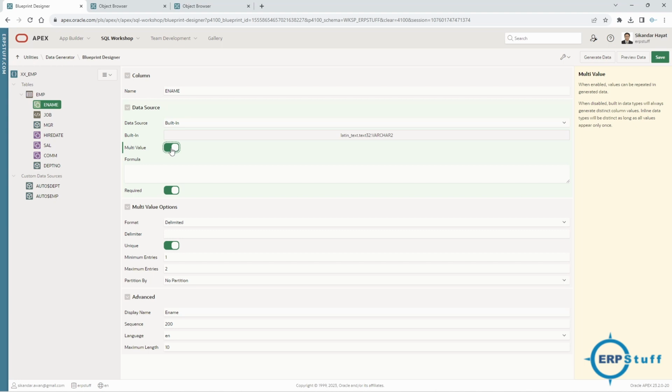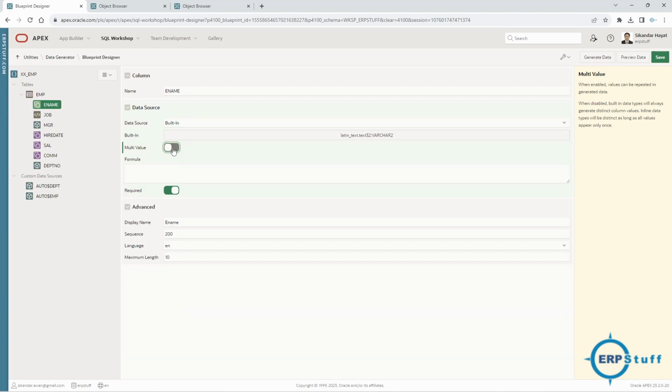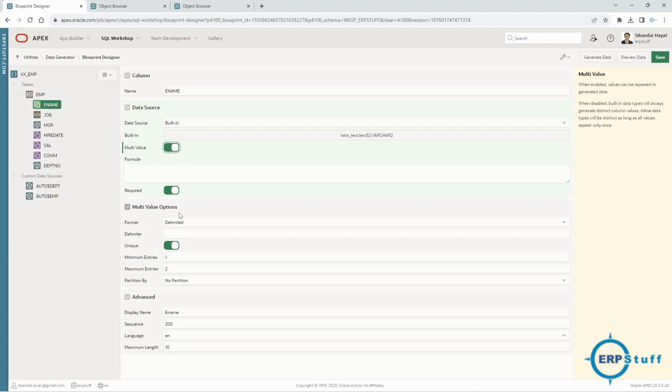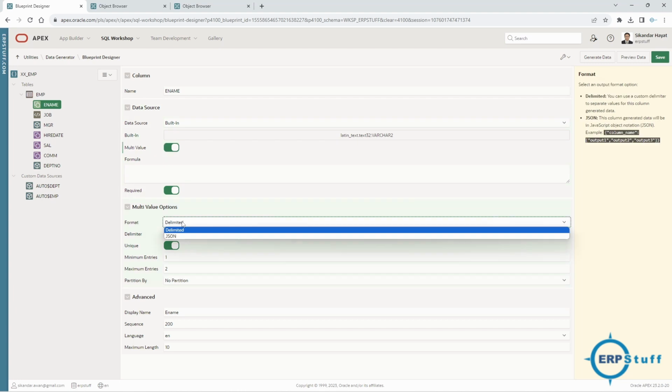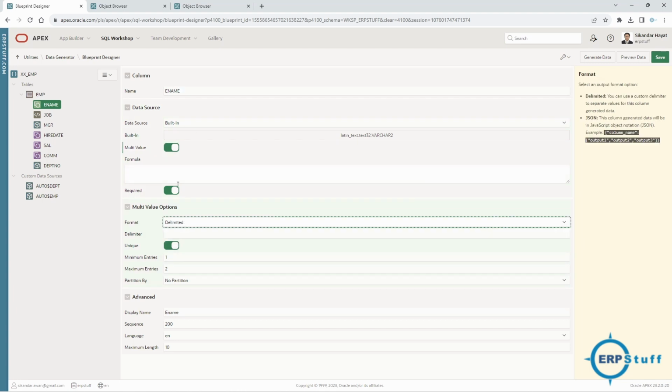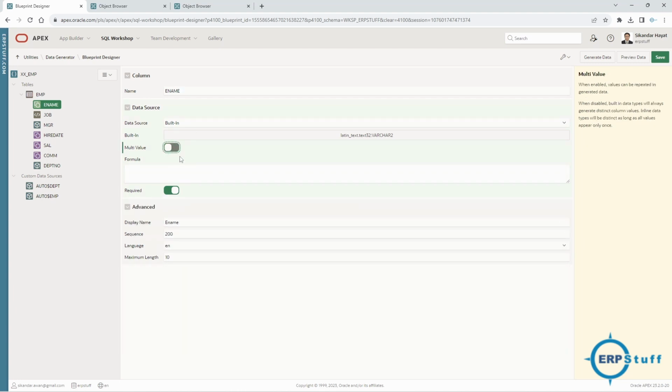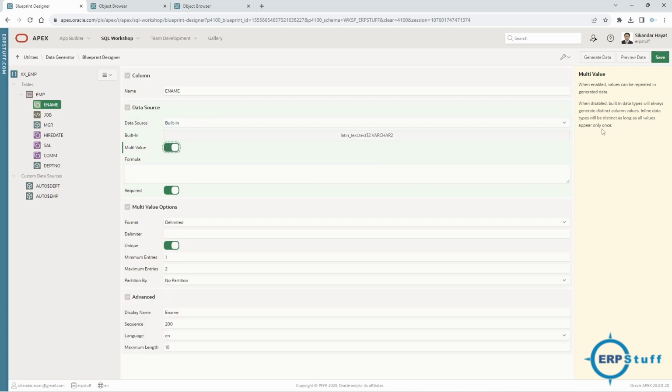This is multi-value. If you see here the multi-value, it is there. So let's say for the first multi-value option, delimited, advanced, this, that. It's not delimited, so I'm just unchecking it. And when you click, if you see here on the right,